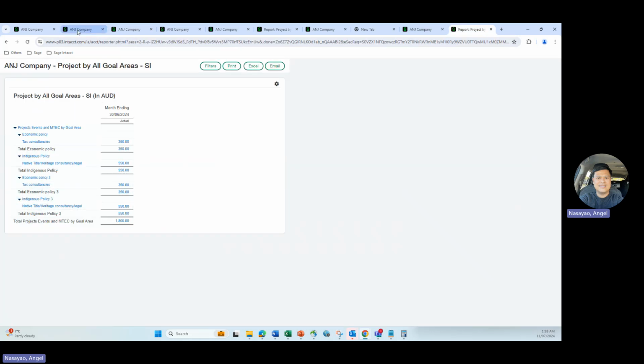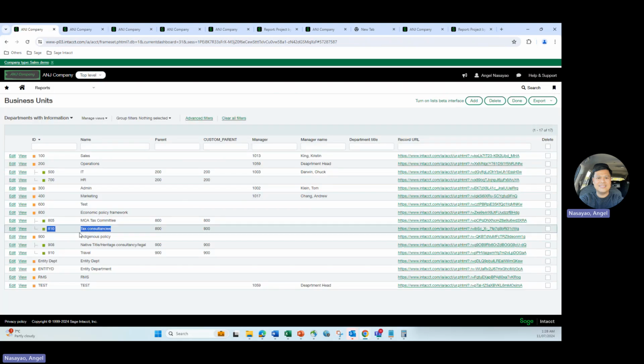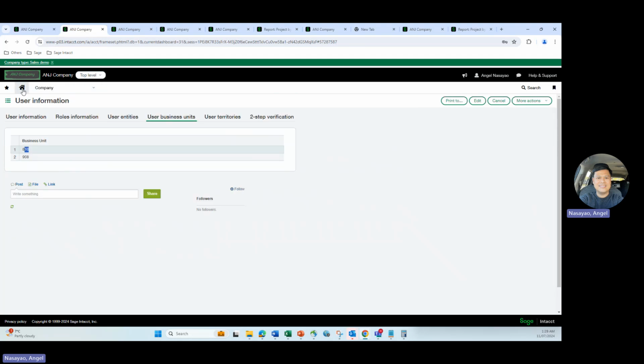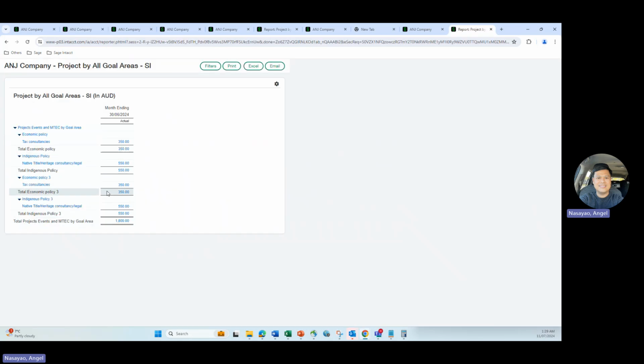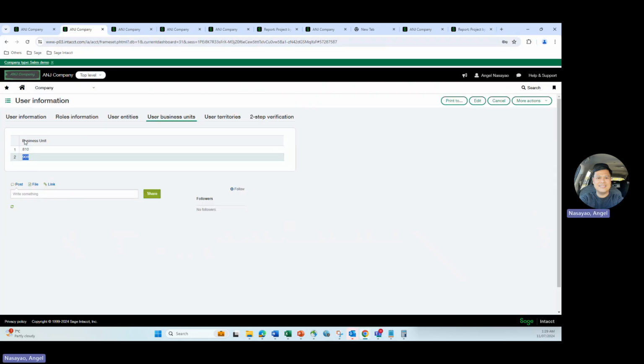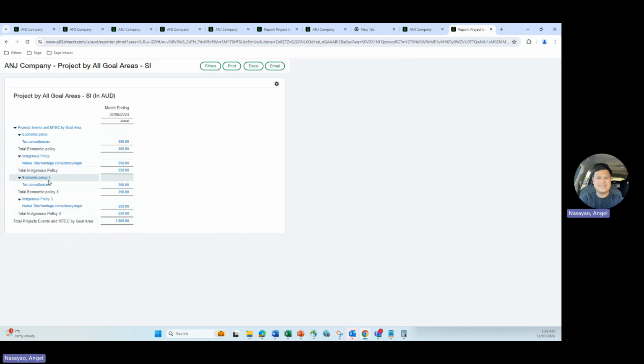We have native title in there. So if you look at native title, it is actually child record 908. And that's what you can see under user information. The restriction is also showing 908 there. So you can only see one child record for each parent because that has been defined in the restriction of that user. So that actually works, which means that making use of the custom parent